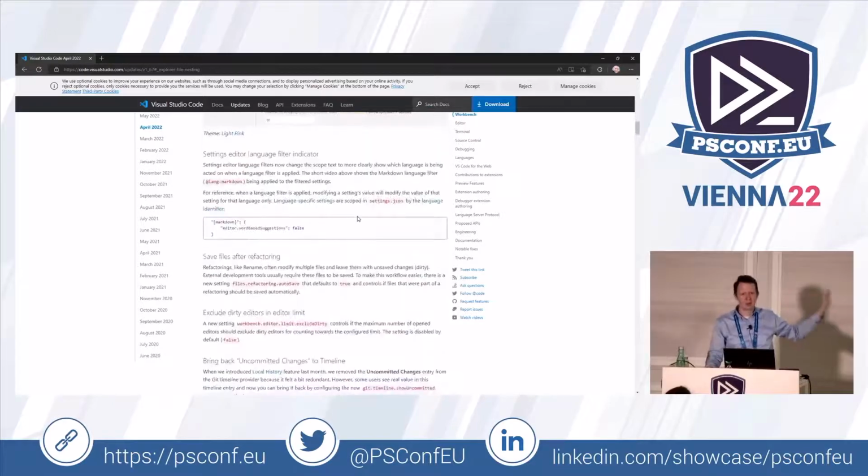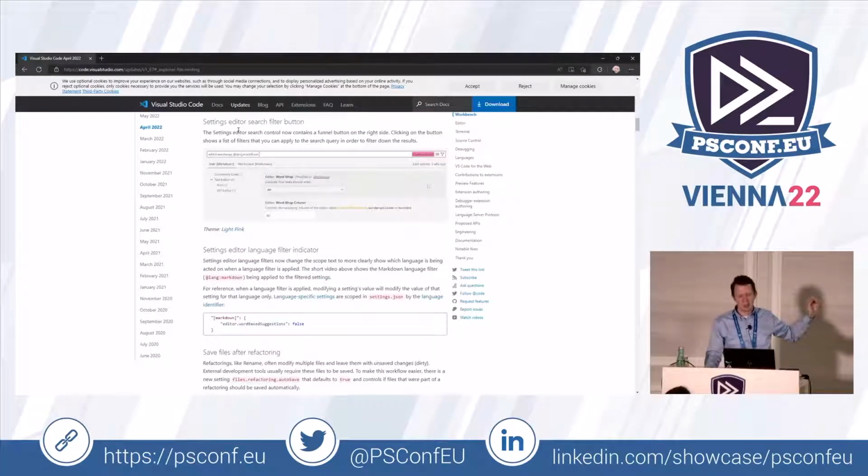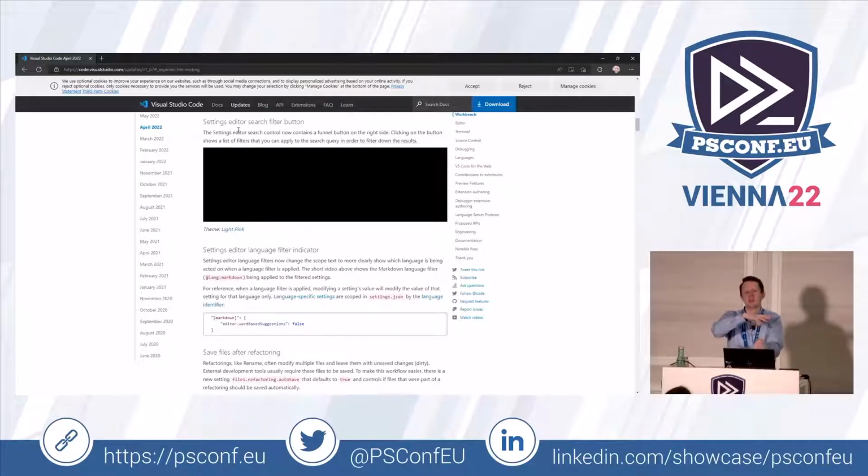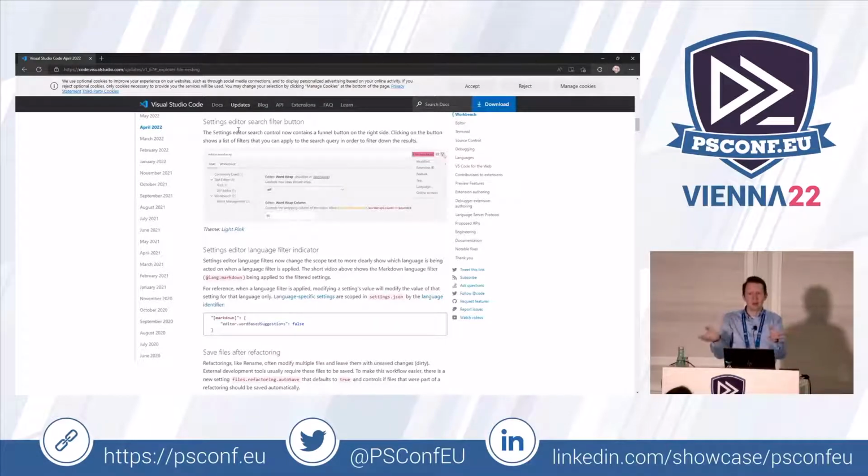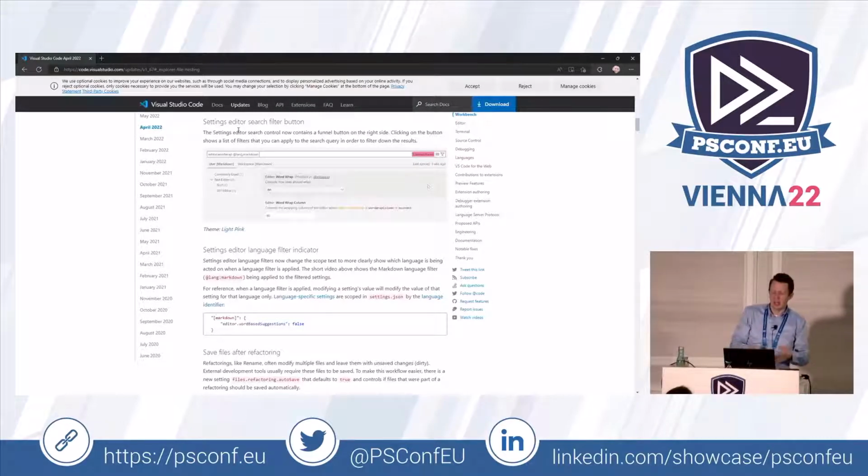Like most of my tips just come out of these notes. And I use Insiders day to day. So I'm showing the demo of VS Code stable. I use Insiders as my primary. Insiders and PowerShell preview, they're both pretty stable. They very rarely break on me. And I'm able to try out the features and offer feedback before